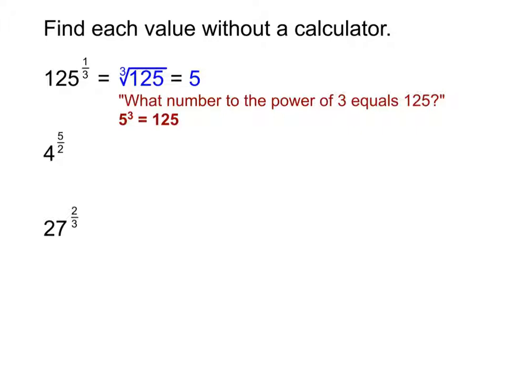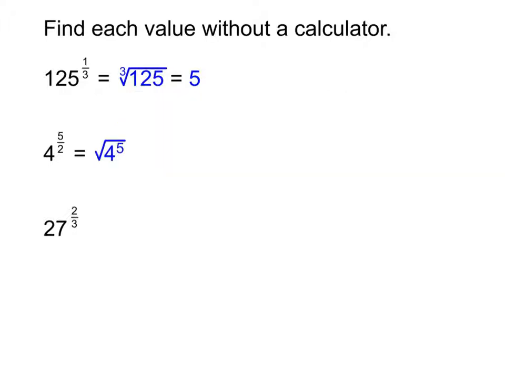All right, next up, 4 to the 5 halves. I'll give you a hint here at the start. The answer is not going to be 10. That's what you get if you just did 4 times 5 halves, which at the very start, when people first see these types of problems, is sometimes a temptation to do. It's not that. It's actually the square root of 4 to the 5th,